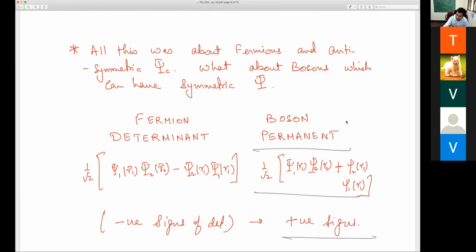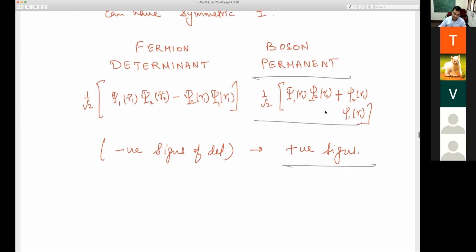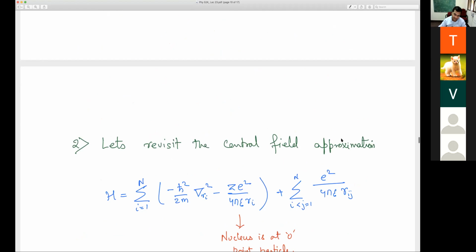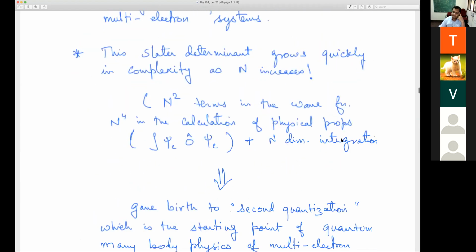Or in the fermion determinant, there is also psi2 r1 psi1 r2. Oh, yes. Sorry, there's a typo. So psi2 r1 and psi1 r2. So here it should be r2. Both of these should be r2. This is my own writing, but I cannot argue that I actually wrote 2 here. So sorry about this. So this should be r2 and this should also be r2. Thanks for catching this. Any questions till here?